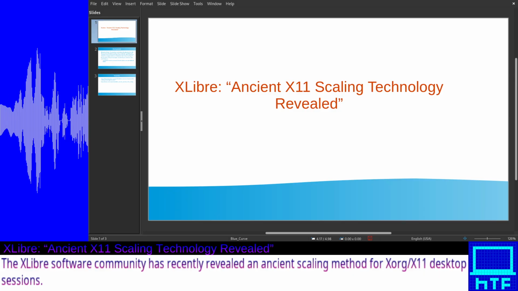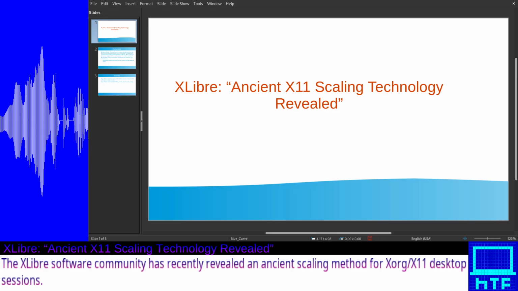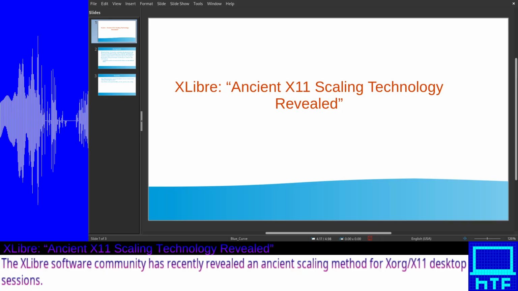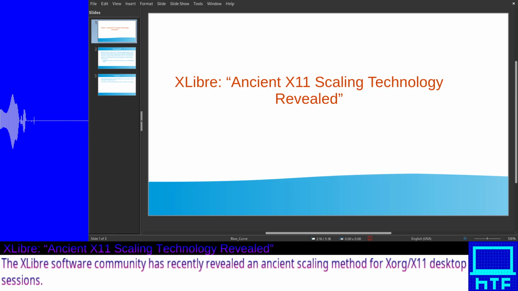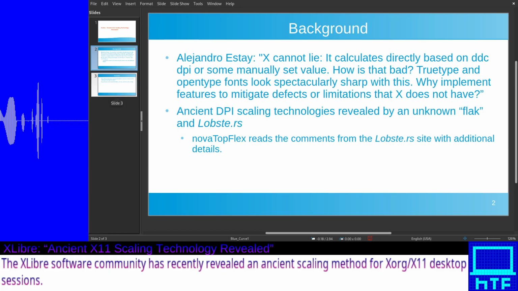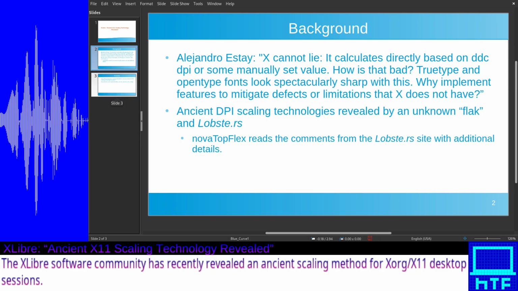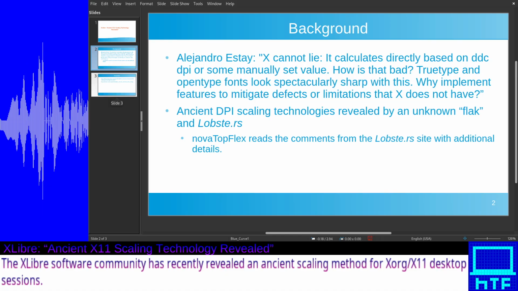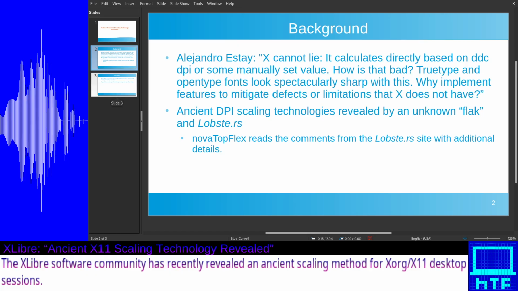This is from XLibre's mailing list, Ancient X11 Scaling Technology Revealed. Alejandro Estay said specifically, quote, X cannot lie. It calculates directly based on DDC, DPI, or some manually set value. How is that bad? TrueType and OpenType fonts look spectacularly sharp with this. Why implement features and mitigate defects or limitations that X does not have? End quote. And ancient DPI, dots per inch, scaling technologies were revealed by an unknown FLAC user,